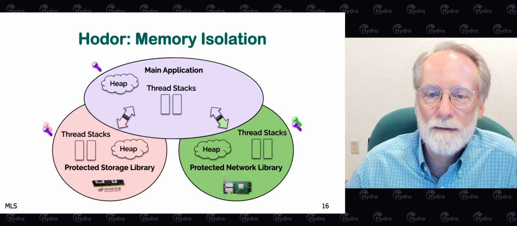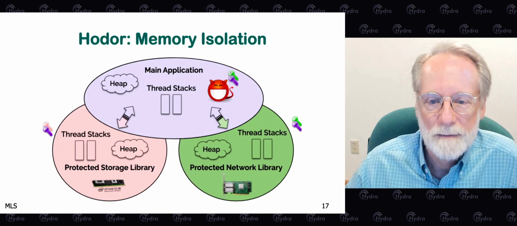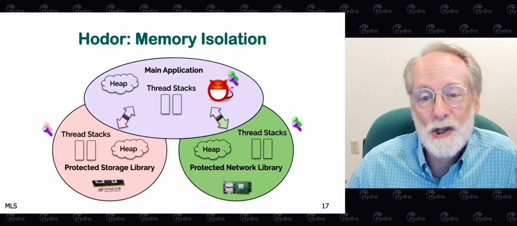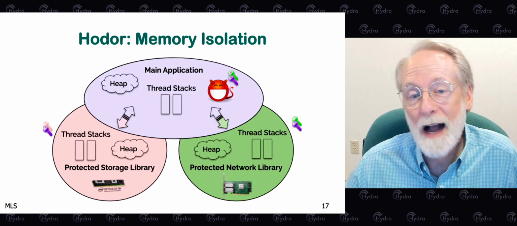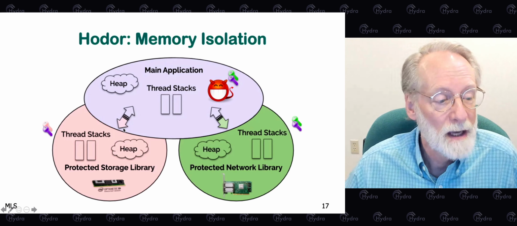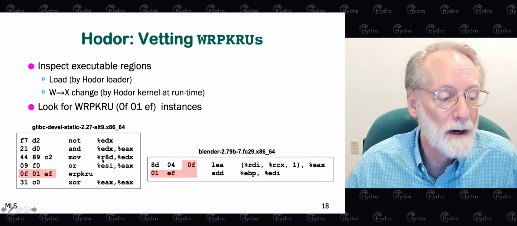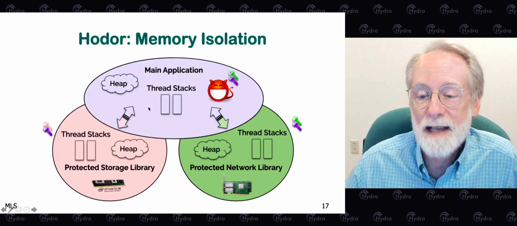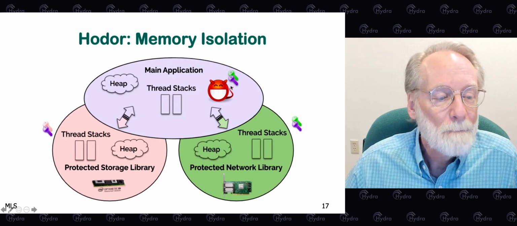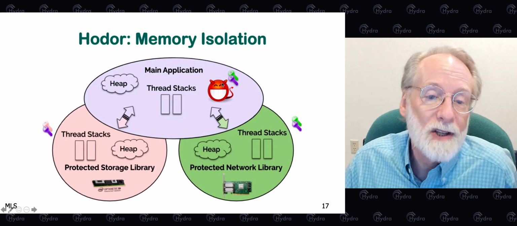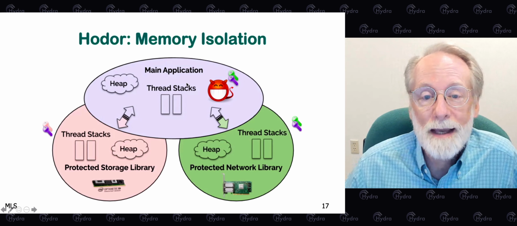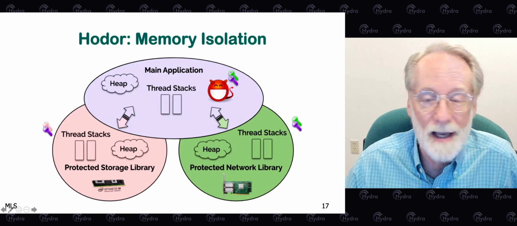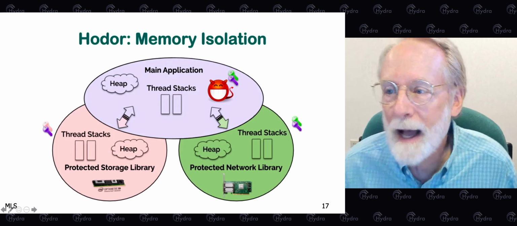Unfortunately, as described so far, this design is not safe. We have to worry about the possibility that an application may change the PKRU somewhere other than in the trampoline. So yes, the trampoline call makes the library accessible when you transition in, and it makes the library inaccessible when you transition out. But a malicious application or even just a buggy application could change the PKRU and make the library data accessible to the main application unless we do something about it.